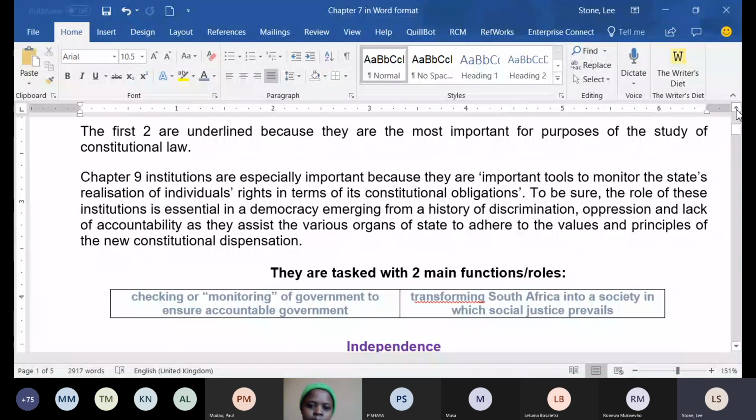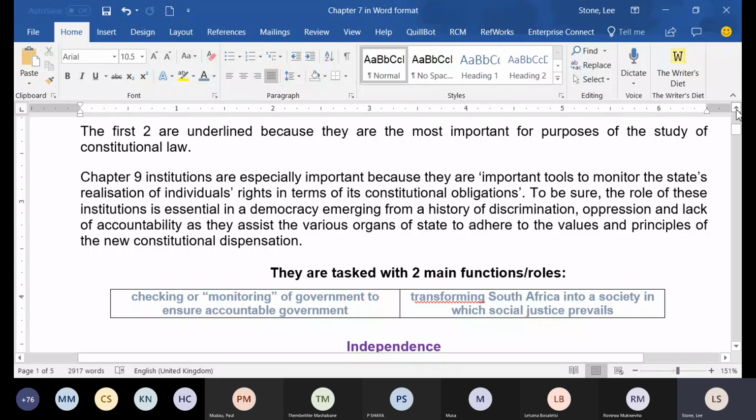So we must view the Public Protector and the Independent Electoral Commission as monitoring tools to make sure that the rule of law is complied with. And what I mean by that is that constitutional obligations are given effect to. And so we place so much emphasis on these two institutions because we know from lecture 1 that